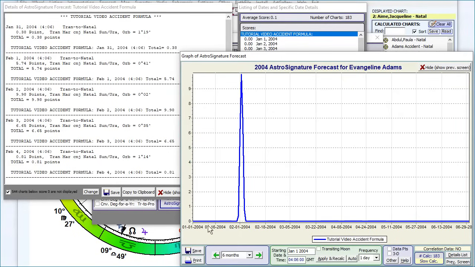Because if you get a false positive, meaning the graph goes up on a date when an accident didn't occur, I look to see what the transits were that predicted it and maybe lower the points or remove some of them and see if now it works better for everyone. If you've got 100 people and you change the formula, then all 100 forecasts are going to change. So you change it and you get false positives, which means the graph goes up when there isn't an accident, and false negatives, which is what we have here,